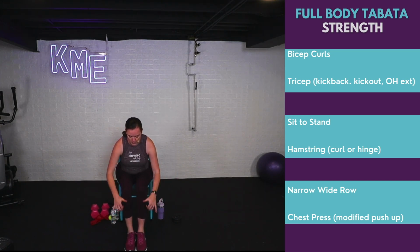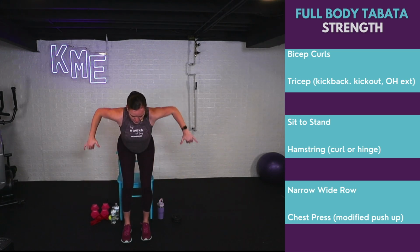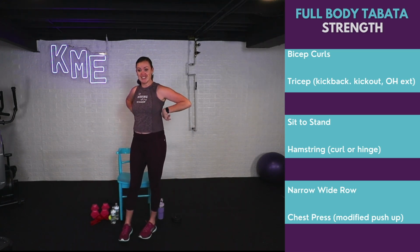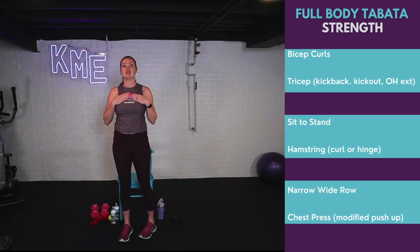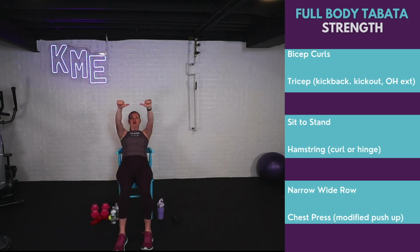So narrow, pull those elbows wide. Standing option, narrow row to a wide row, okay? We're working our back muscles. And then for our chest, we're either going to be doing a chest press, arms come up, pull the weights